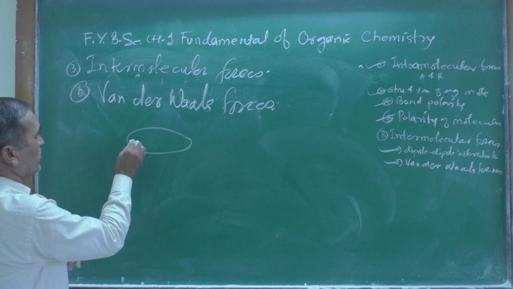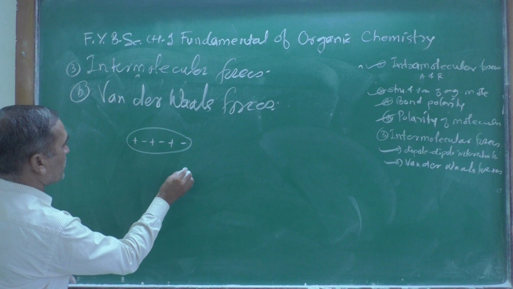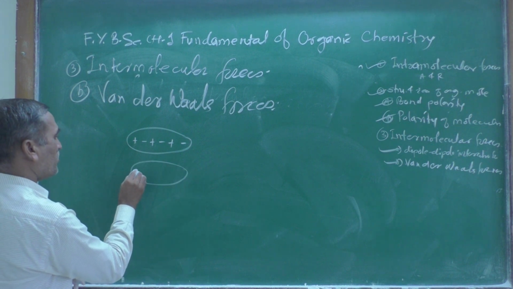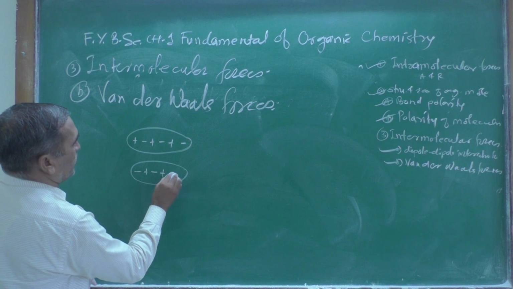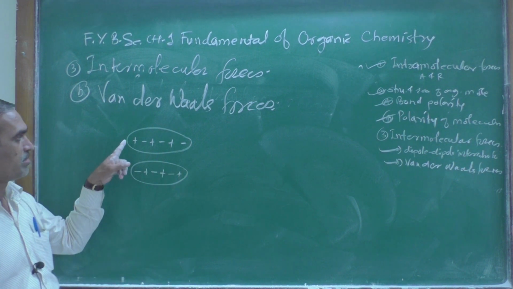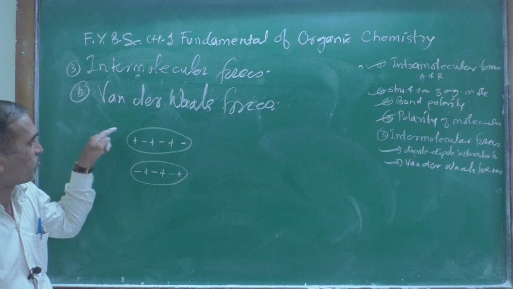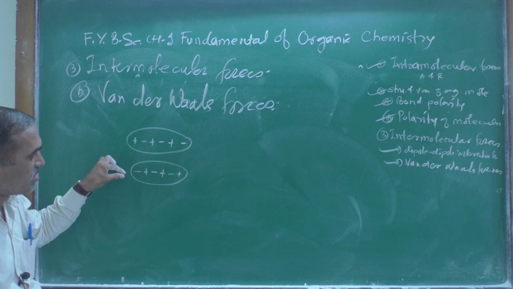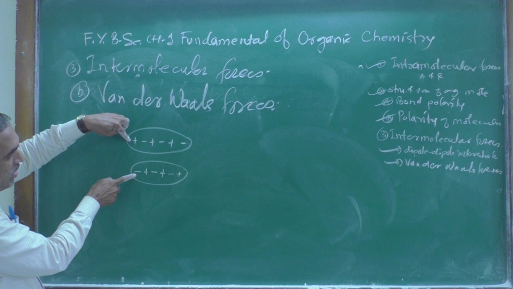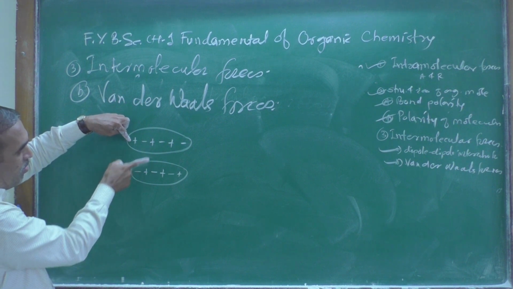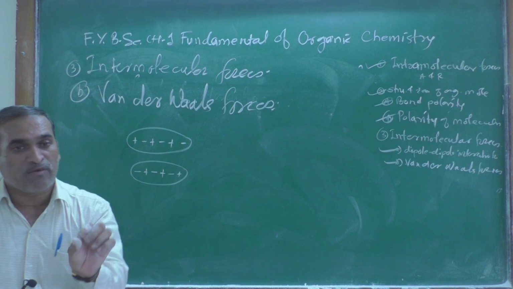let us see here, plus minus, and another non-polar molecule which has minus, minus and plus. Look at this, this is one of the non-polar molecules. You assume this one. This is a non-polar molecule. This is another non-polar molecule. And now here is a positive, here is a negative. Here negative, positive,